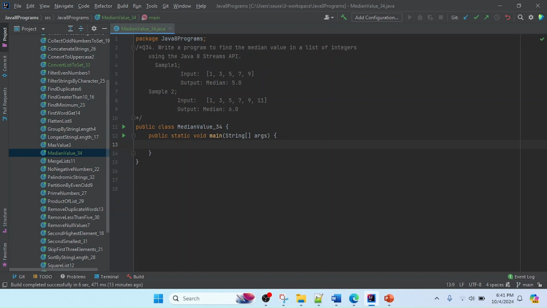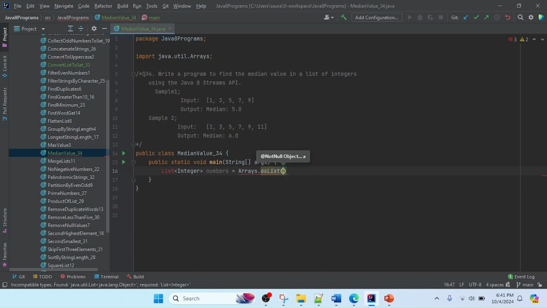So now we need to create a list of integers. I'm going to create here a List, passing the type as Integer, and I will keep the reference name as numbers equals, and I will use Arrays.asList to create the list. I created a list, and I need to initialize this list, so I will use here 1, 3, 5, 7 and 9. So we will keep it as the simple input, as you can see in the sample input. So I just keep here 1, 3, 5, 7, 9,